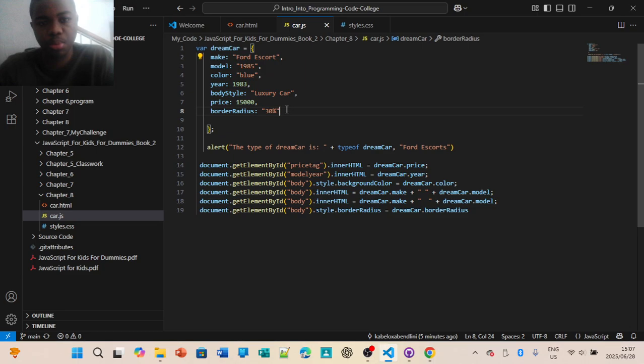And then you need to create an alert. An alert is pretty much a prompt that pops up on the web page. So the type of dream car is plus type of dream car for Escorts,